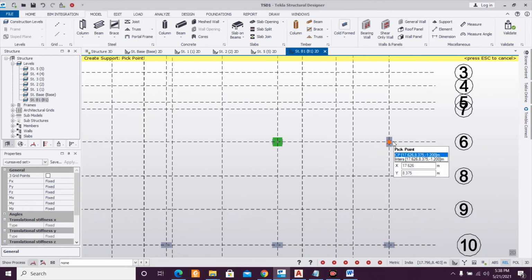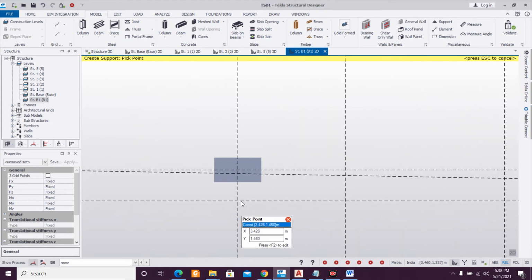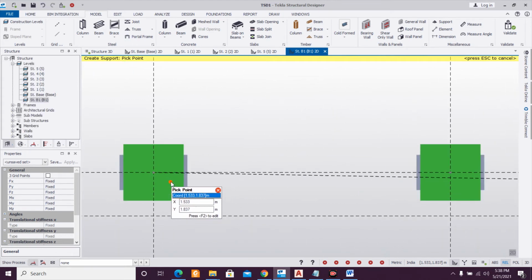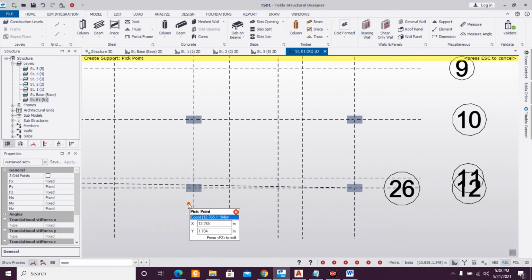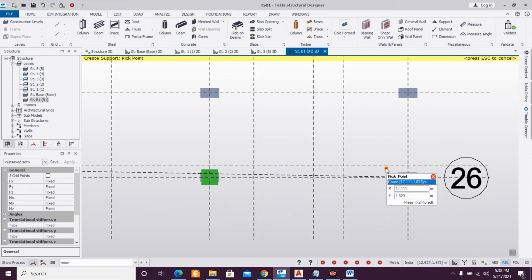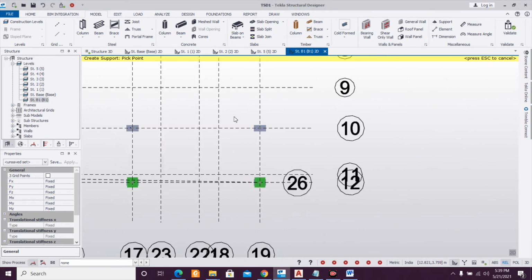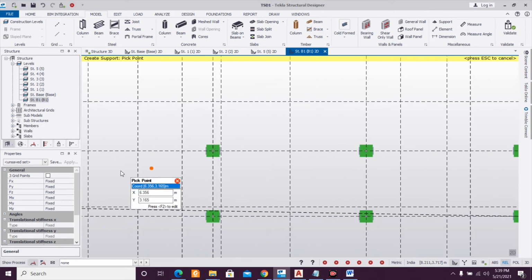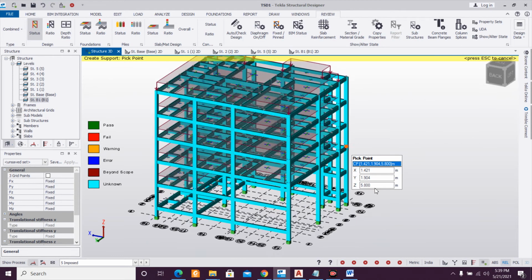By default it is taken, but if sometimes this error occurs, you can use this to assign the supports carefully. So now the supports are defined.